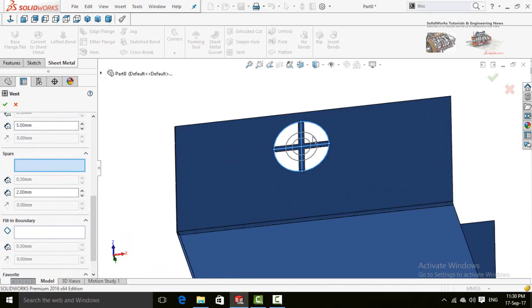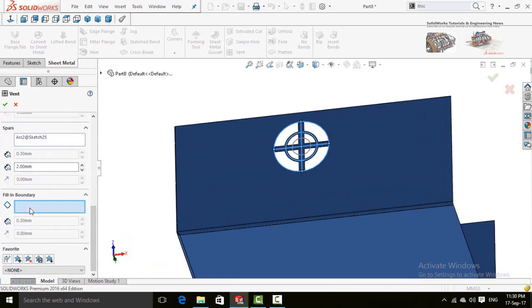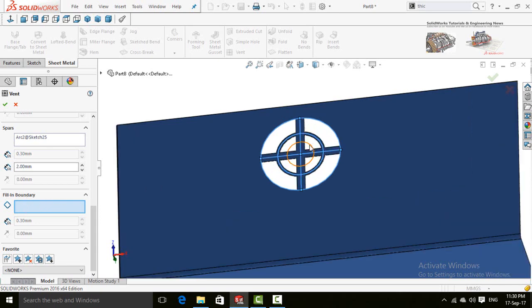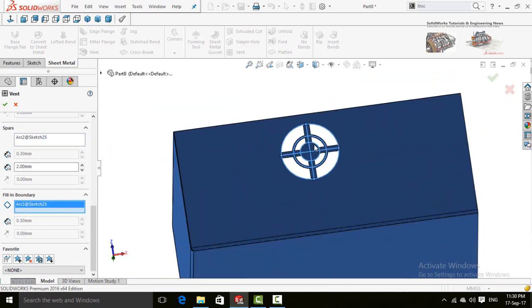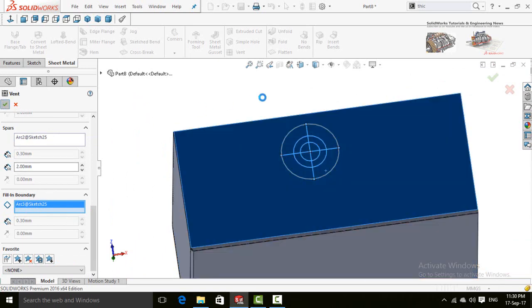So select this circle as spars. Again scroll down and then this box is fill in boundary. So select this circle. Once all done, press OK to apply this command and review rest of the options by yourself. So now I'm pressing OK button.